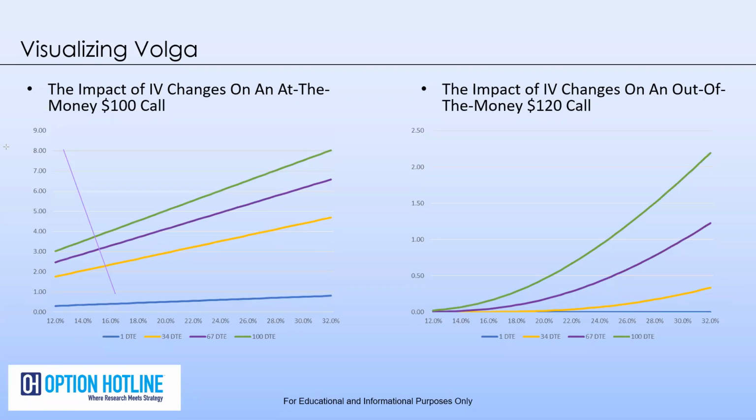The impact of implied volatility changes on an out of the money $120 call. From 20% implied volatility, if I expect implied volatility to go up to 30%, so let's just say we expect a scenario that can increase the daily average move of this stock from 1.25% to roughly 2%, I want to buy further out of the money calls, and I want to buy them with more time to expiration, because that 20% number that we see here is